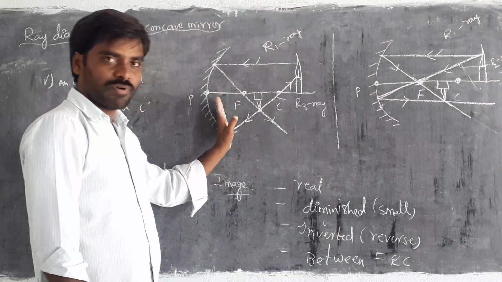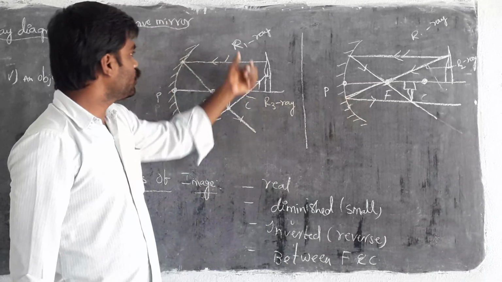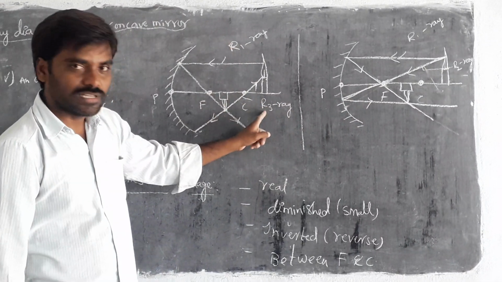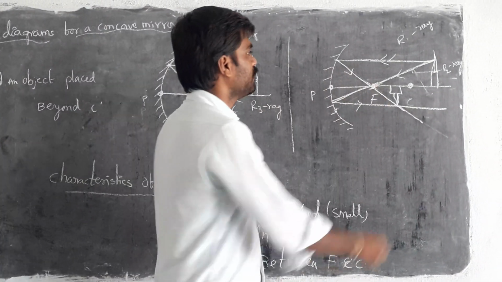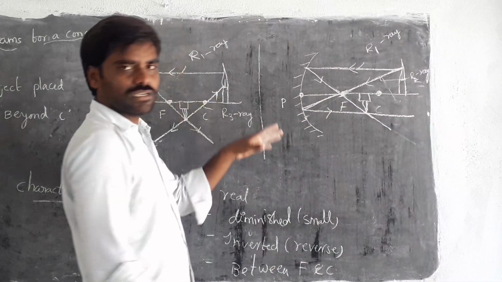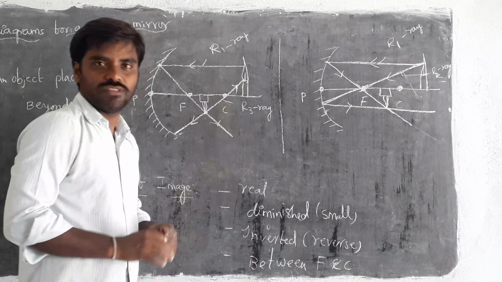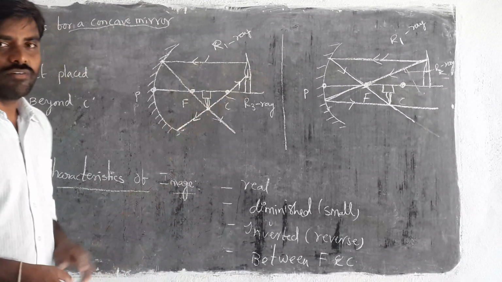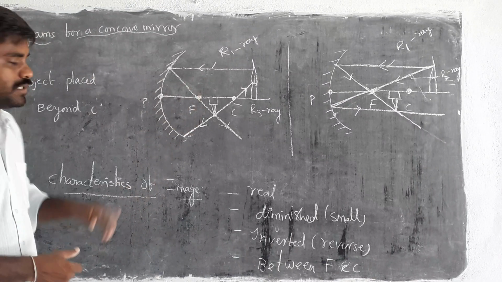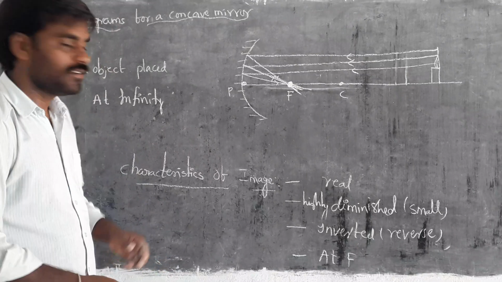This is one type of diagram and there is one more alternative. These two are based on R1 and R3 rays, but the alternative diagram is based on R1 ray and R2 ray. Both are correct, but whichever is flexible and easy for you, you have to choose. There is no problem in drawing such image diagrams. Have you got the clarity? Right, children?